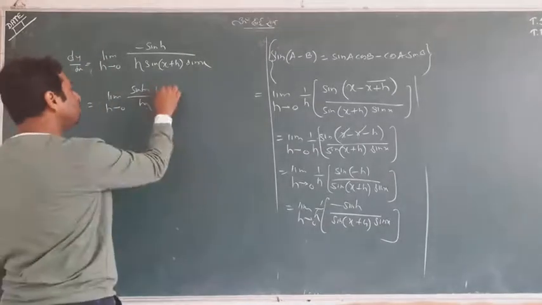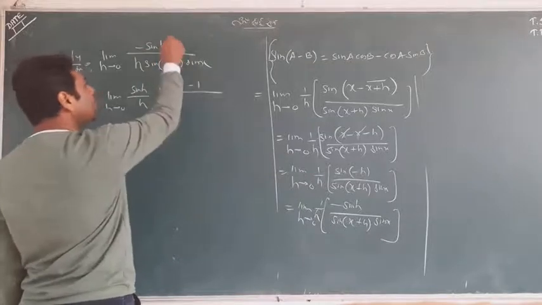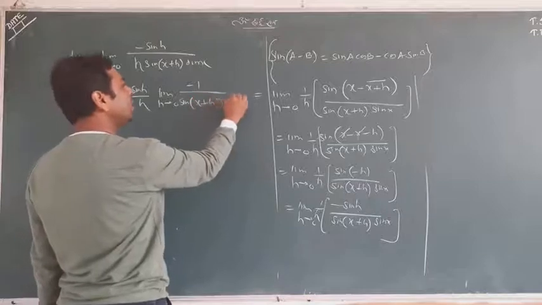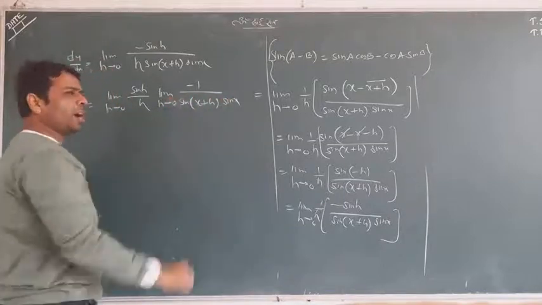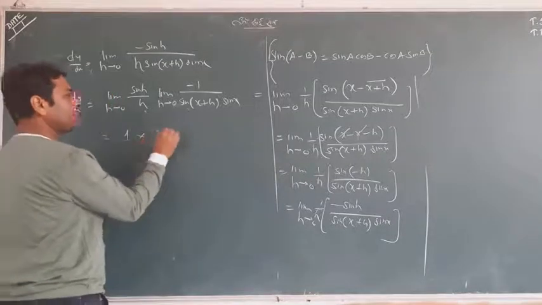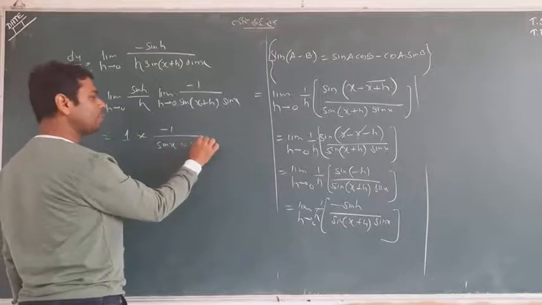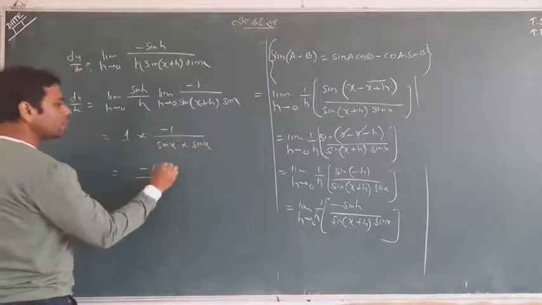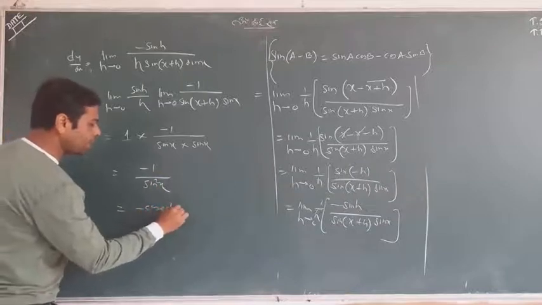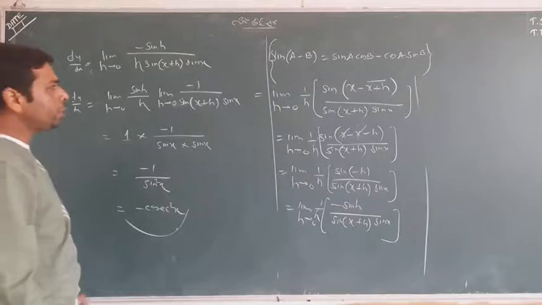Meaning what rest part we have? Minus 1 definitely you can write, because in denominator we have x plus h and sin x. You can understand it, nothing hard. So this sin h upon h is going to be 1, using the limit h tends to 0. You will have sin x into sin x, which is sin square x, and 1 by sin square x is cosec square x. So this is a formula. Hope you have got it.